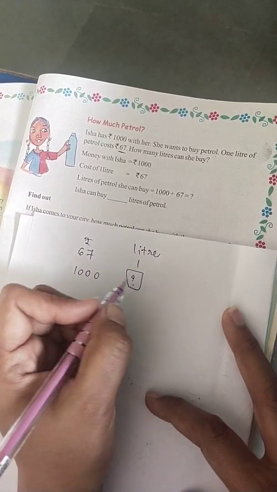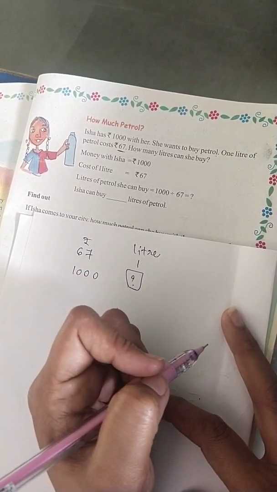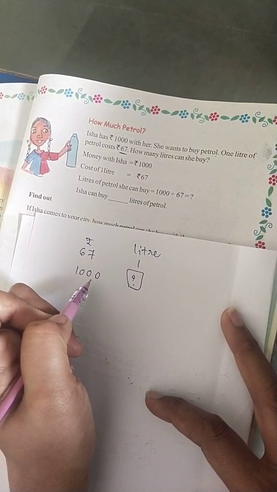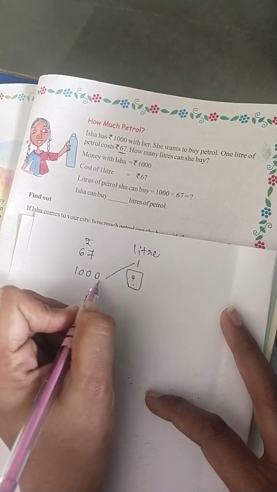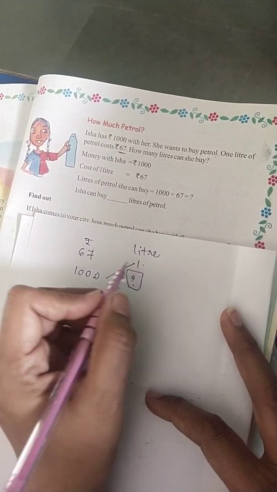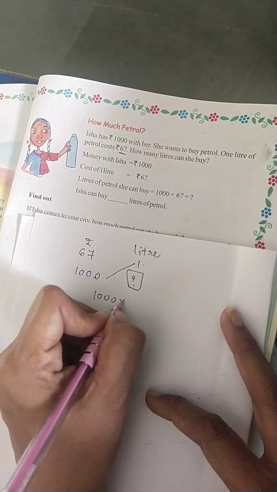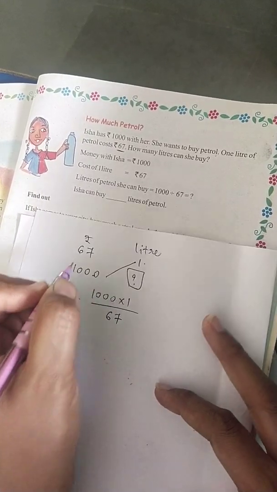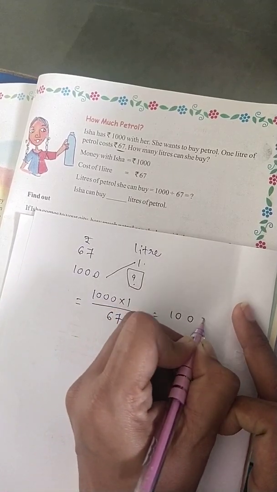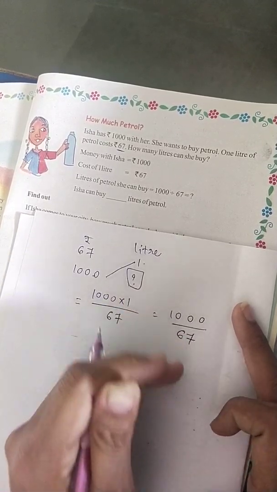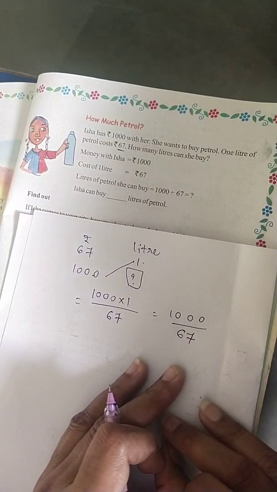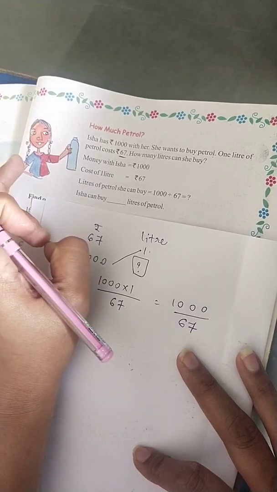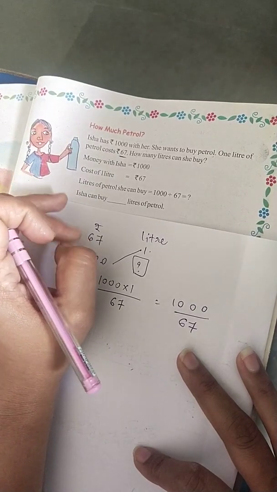Okay, golden key method, students. We can open almost any lock with this key. Clear? So cross multiplication: 1,000 ones are 1,000. The remaining one is our division. So here, 1,000 divided by 67. So here we have to do the division. Clear? If you can identify it easily, then it's very good, but if you are not able to identify easily, then